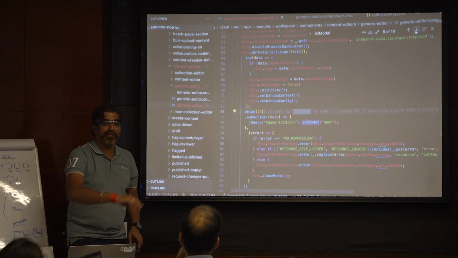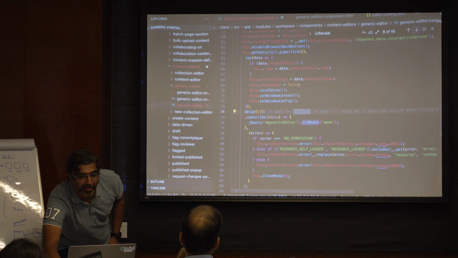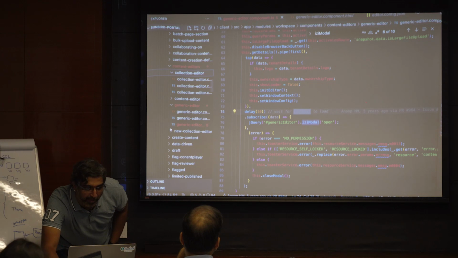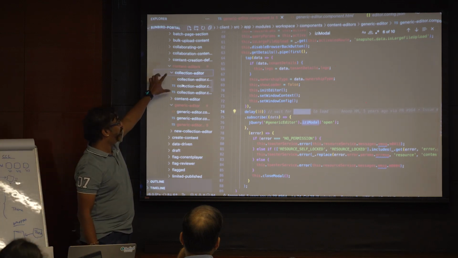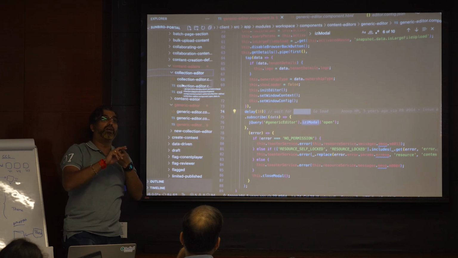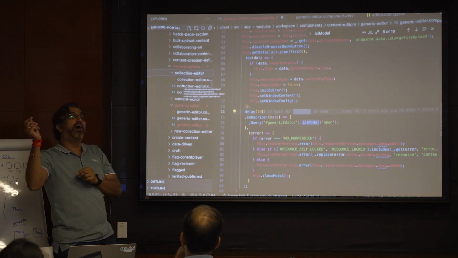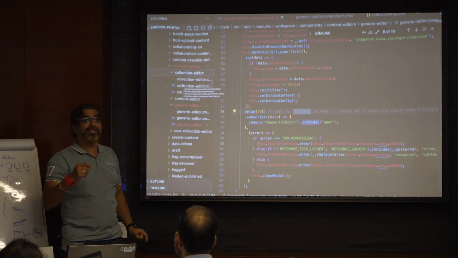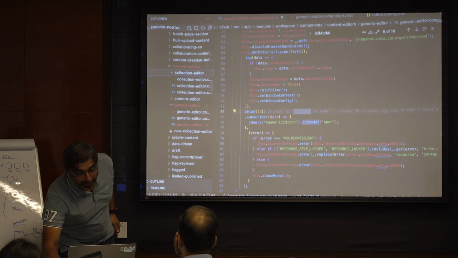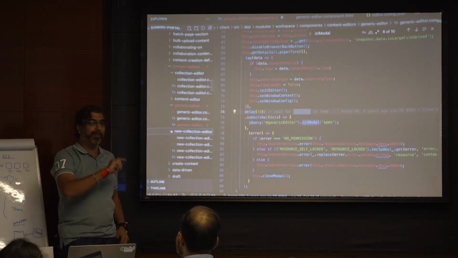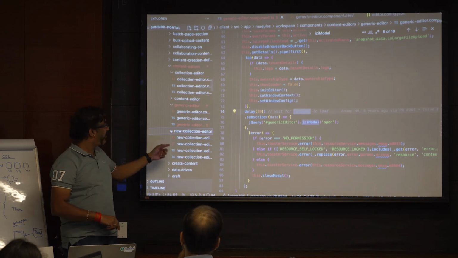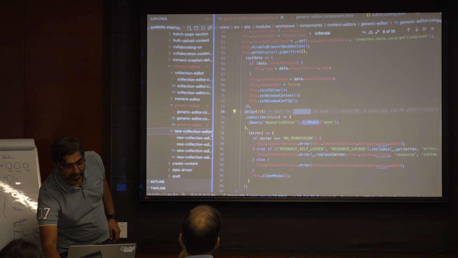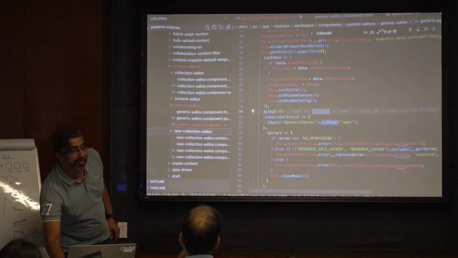Similar to this, all three editors, I think only the collection editor is Angular 1. It is not using jQuery anymore. This is the older collection editor. I told you there are two different editors available. One is Angular 1 with JS, that is this collection editor. And there is a new one which is Angular 2 plus. I can call it Angular 15 right now because it is TypeScript driven. And that is over here. It's called the new collection editor. And the configurations, I think, are the same. In the editor configurations, they are available.